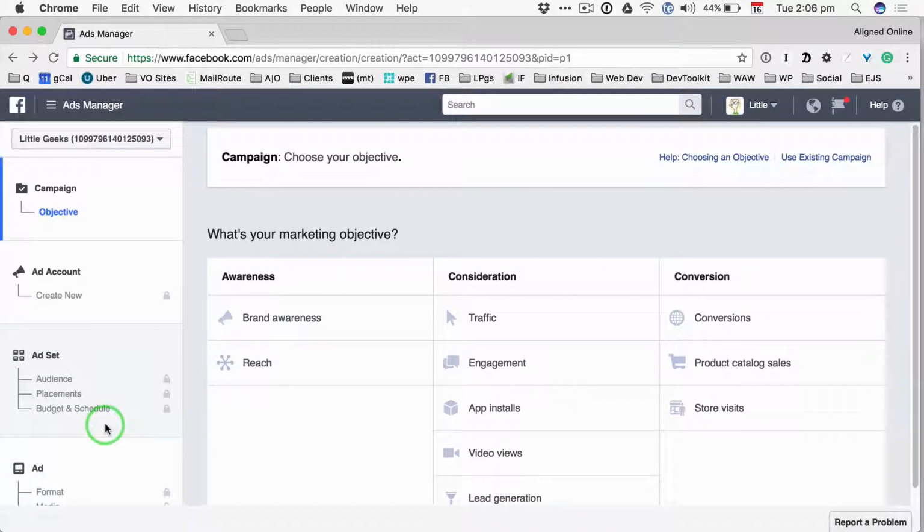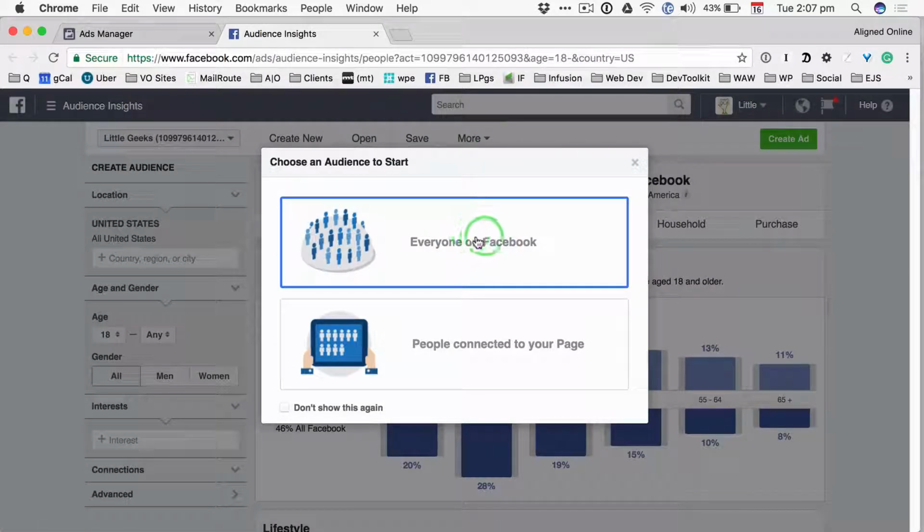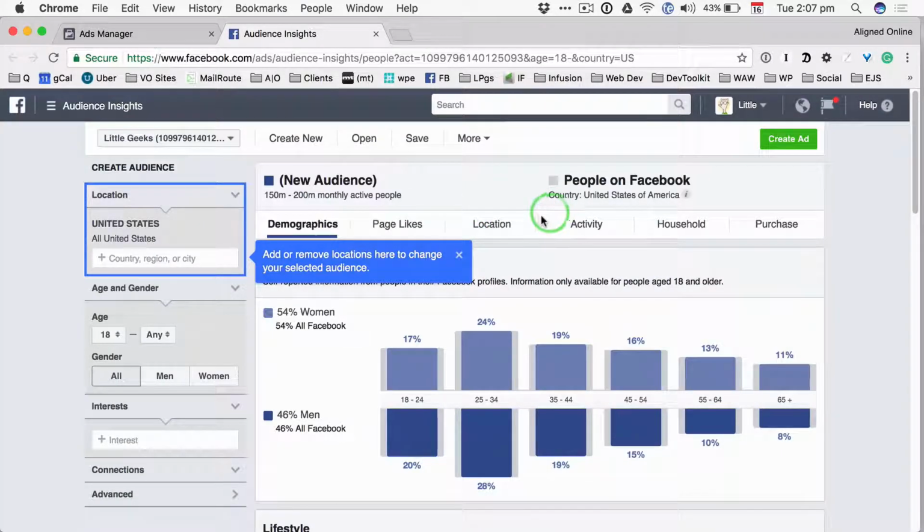All of these things are sort of confusing. An ad set is really more or less where you pick your audience, and it's this audience that we're really looking for information about from Facebook. So what we can do without creating any ads is just come up to the search bar, click the letter T for tools, and use this audience insights tool to start taking a look at who is the right target for your business and where they are hanging out on Facebook. When we first click here, we're in the United States,